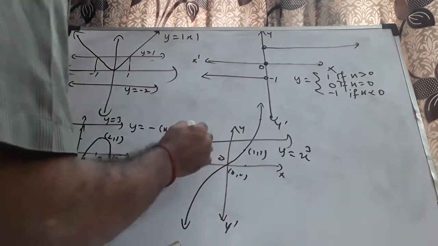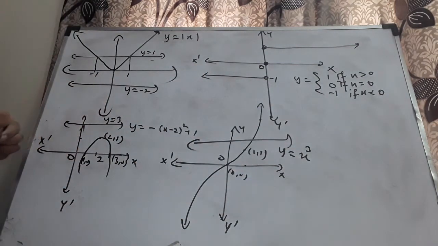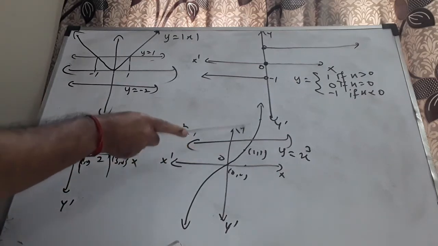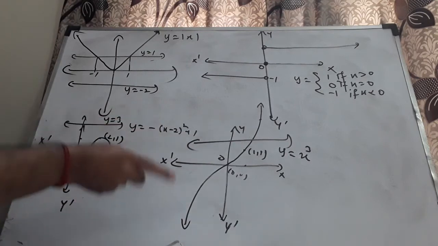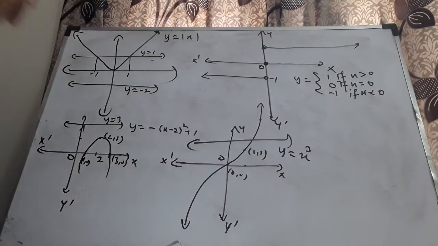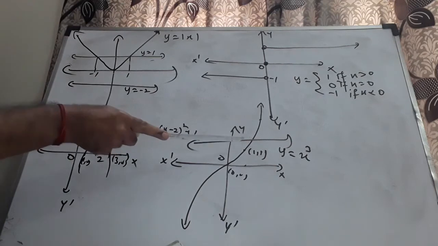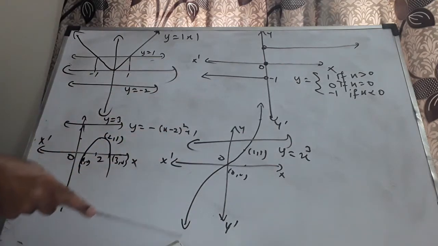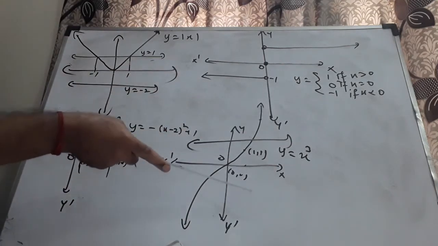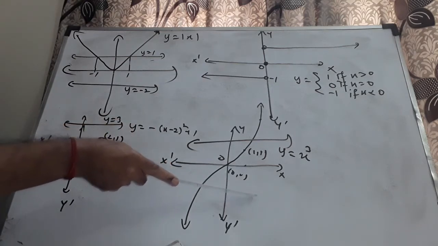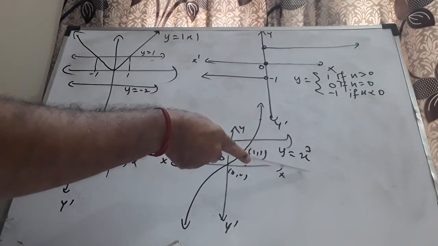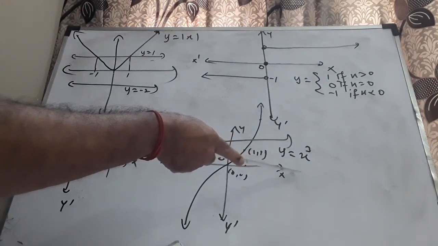If I draw any horizontal line over here, it will intersect the curve at only one point. You can keep on drawing various horizontal lines. It intersects the curve at only one point. It means that every element will have only one image. That's the meaning of 1 to 1 function. I will not have more than one element having the same image in this case. It is 1 to 1, and of course the curve keeps on moving. Every element in the codomain has a pre-image. Therefore, it is a bijection. You can think about the inverse here as x power 1 by 3. You can think about f inverse as x power 1 by 3.